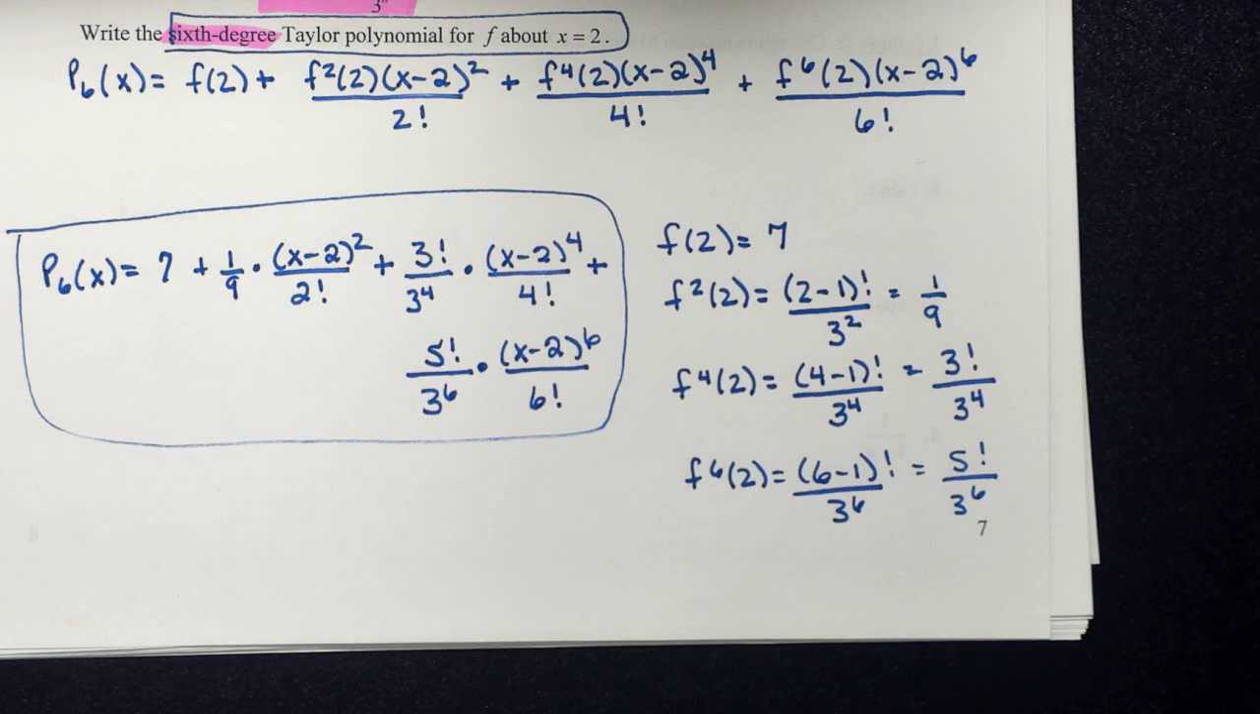All right, so any questions on that example there? So any questions on writing Taylor or Maclaurin polynomials? Like I said, you only have to find that general term